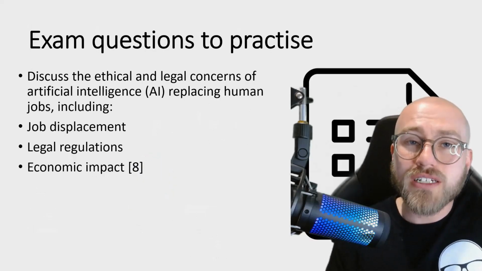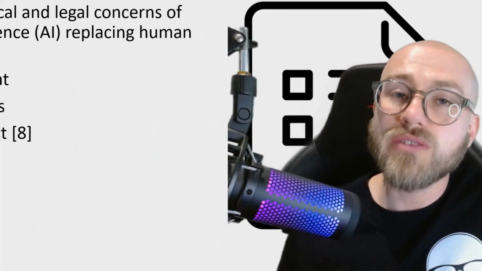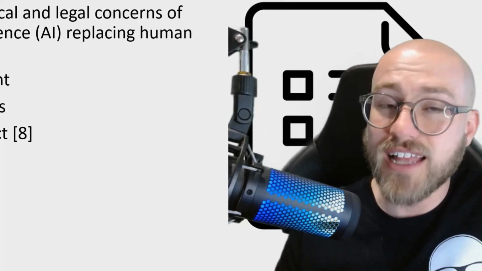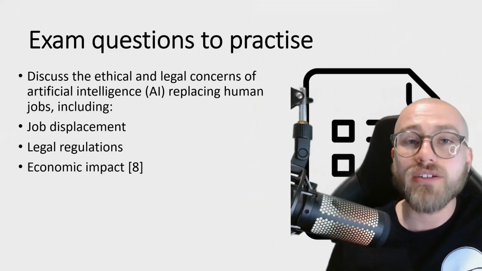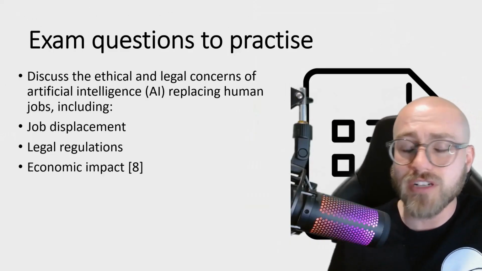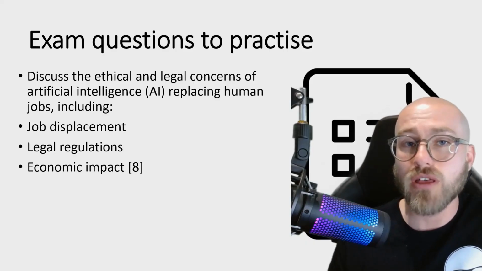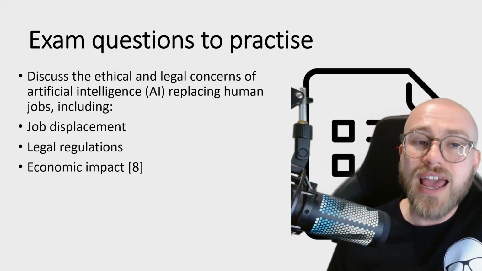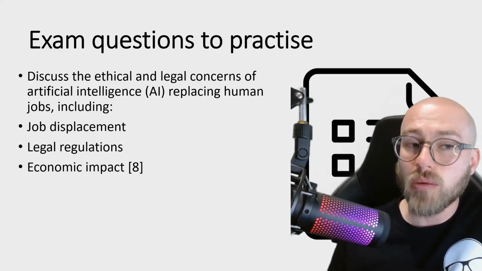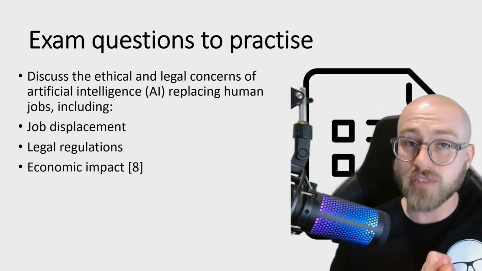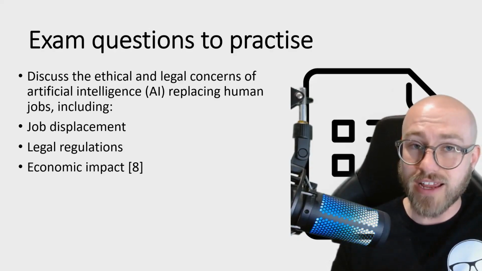So I've come up with a question for you to give it a go. I think you should pause the video and write down an extended answer like we discussed. Focus on the bullet points, jot down your ideas first as a little spider diagram. It'll be really good practice for the real thing. So the question is, discuss the ethical and legal concerns of AI replacing human jobs, including job displacement, legal regulations,